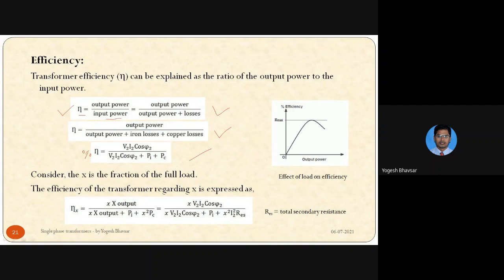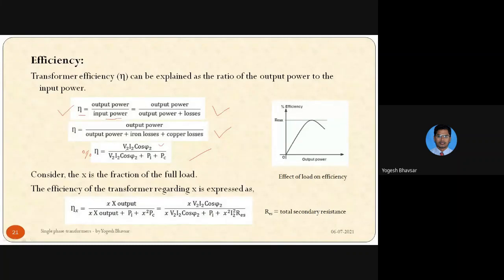Percentage eta is equal to output power. Now we know that output power will be in terms of active power, not only the apparent power. Why? Because at the output we are connecting a load. Until we connect a load, we cannot calculate efficiency. At no load, what would we calculate efficiency for? It doesn't mean anything, right? So we need to connect a load, then we calculate the efficiency. At no load the current is 0, the output power is 0, so how would we calculate output by input? We cannot. Only after connecting the load can we calculate efficiency. And if a load is connected, we also have to consider the load power factor. That is why we take active power here, not apparent power.